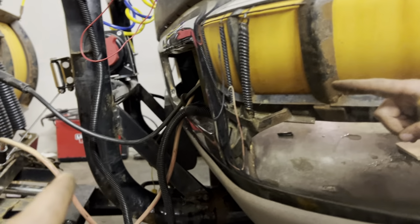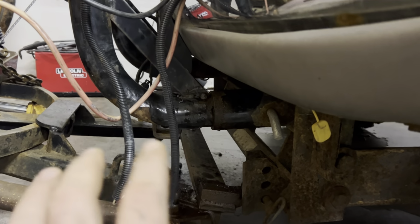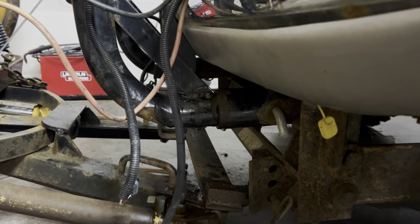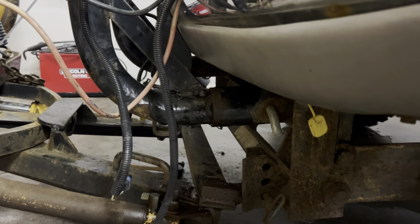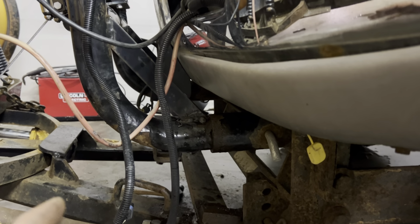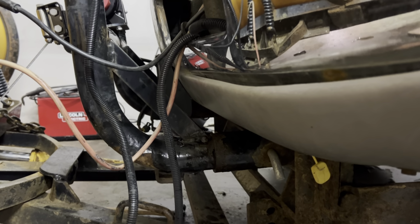Because I tacked it on, and then I was gonna take this part out right here, took those pins out, and then there were some little set bolts in there that were so rusty they broke off, and so we tried drilling those out, and I think those came all the way out. I don't think that was the issue. I think the issue is that it's so rusty that it's stuck in there. So as of right now,